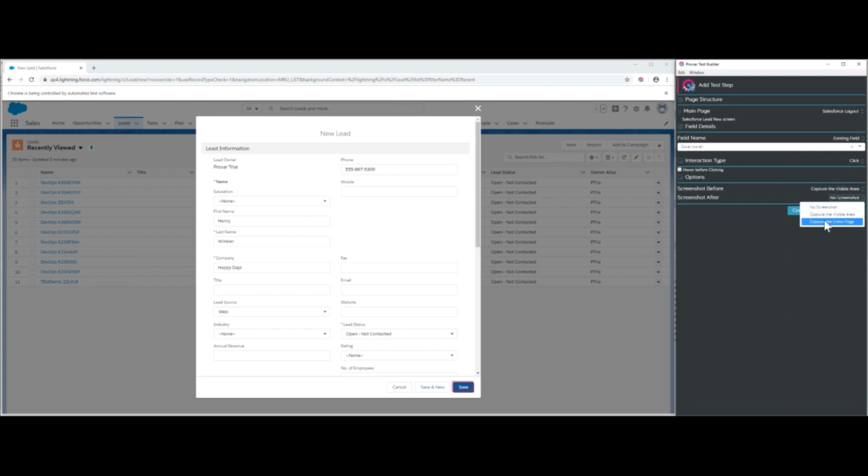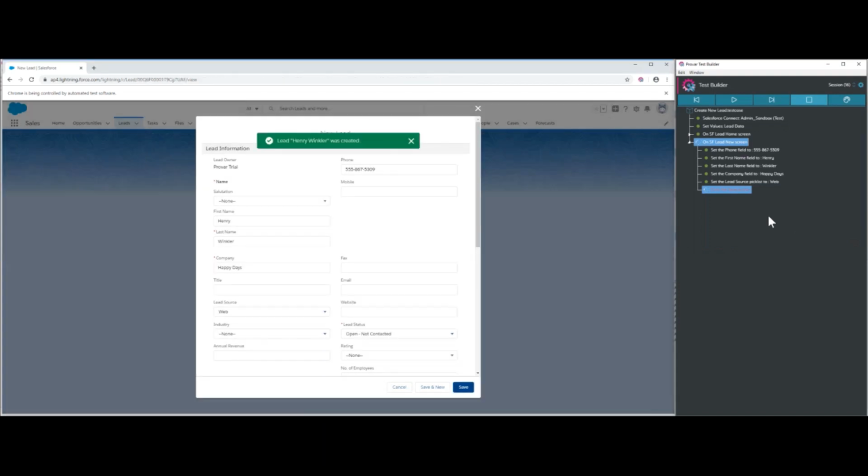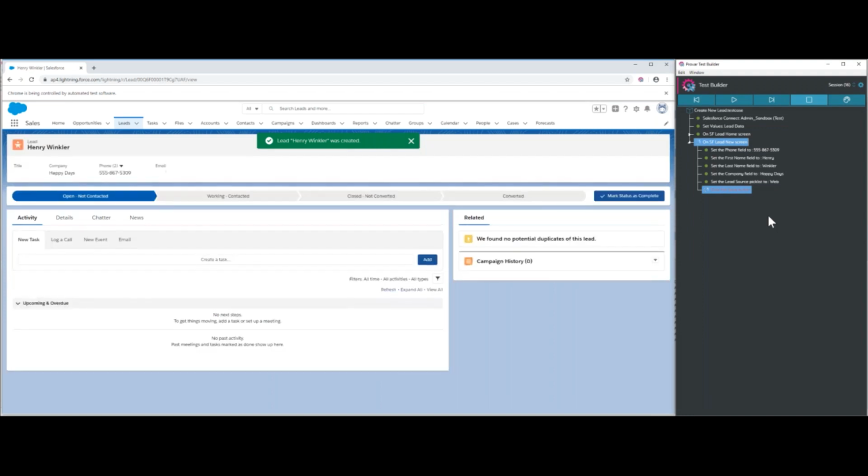When I want to go back and look at this test case later on, whether it's through a report or through the logs, I can have those screenshots attached there. That'll help with reporting. Okay. Clicking the save button there is done, and we are in our new lead screen here that has been